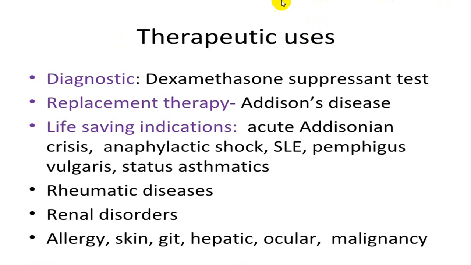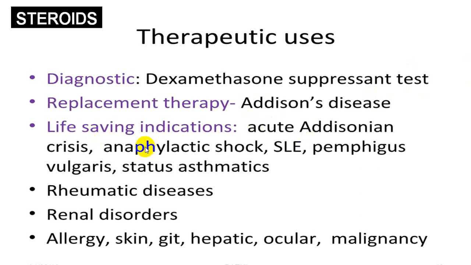Major therapeutic uses: for diagnostic purpose, you can utilize it in a dexamethasone suppression test. Sorry, this is for steroids. So steroid can be utilized mainly for dexamethasone suppression, as a replacement therapy in Addison's, life-saving in case of an